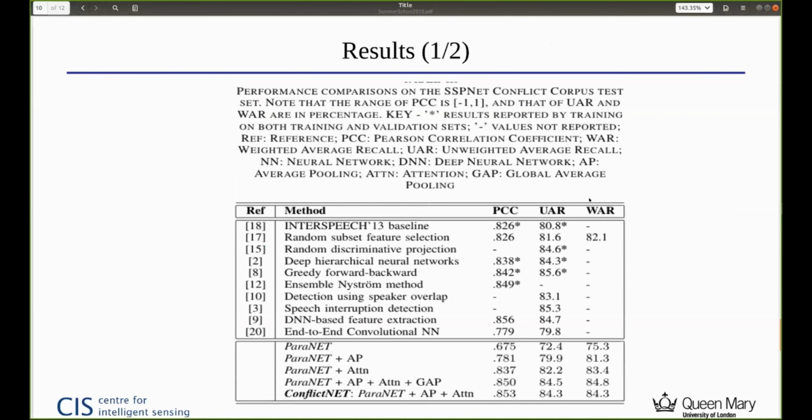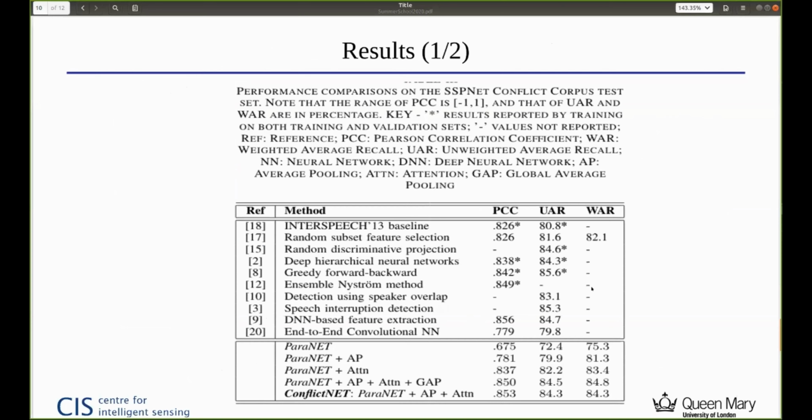We have compared our method with 10 different methods from the literature. And we have found that our end-to-end method performs as well as the state-of-the-art method, which is reference number 9 here. Our method gives 0.853 PCC, whereas the state-of-the-art method gives 0.856, which is a very slight difference.